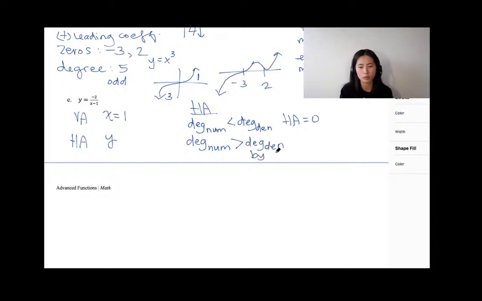Why are we emphasizing that it's only by 1? Well, if it's by 1, you're going to assess whether you have a slant asymptote as opposed to a horizontal asymptote. You call this slant or oblique, depending on which your teacher prefers. So it's slant